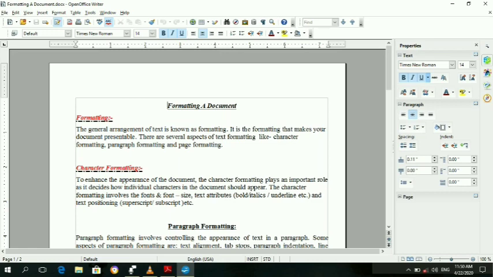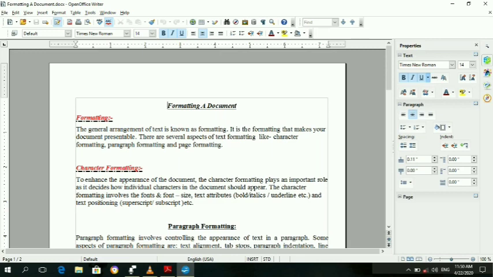Here we have document objects: objects like a paragraph, character, list, page, and frame. These are the objects available in the document. So you can apply any style to them, or you can create your own style in the document.